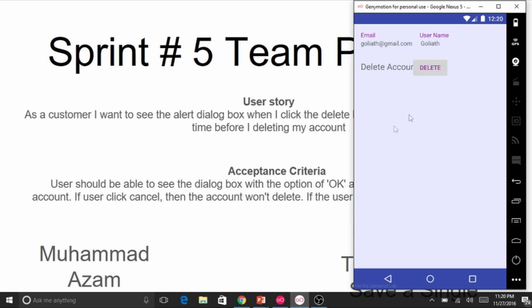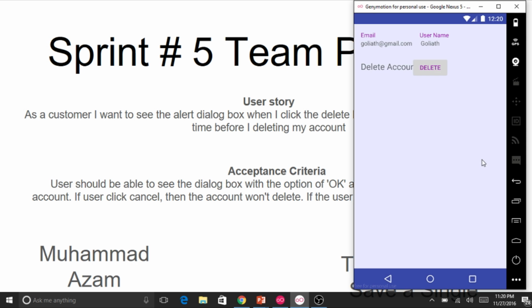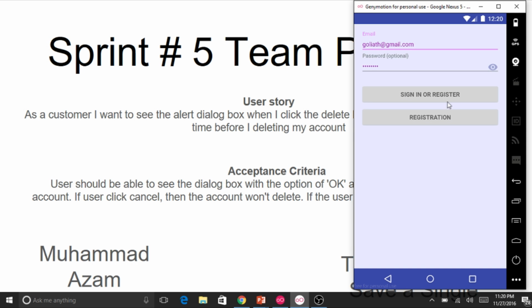Go to the settings and I click delete. It asks the user if they want to delete the account. If I click no, it stays there. If I click yes, then it's deleted and it's not